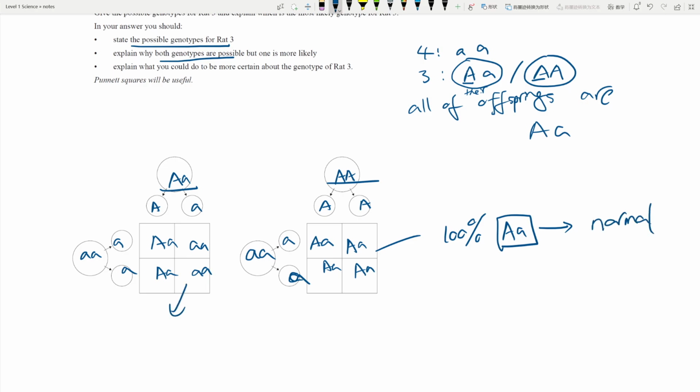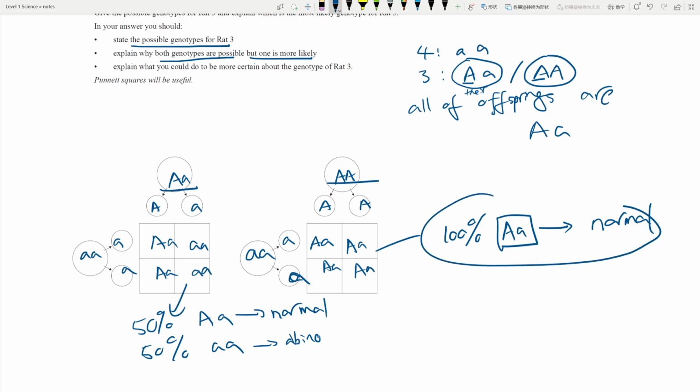And then if you look at this one, 50% of the genotype is going to be big A, small a, 2 out of 4, and 50% is going to be small a, small a. That means there's a 50% chance they'll be normal, but a 50% chance they are albino. So which one is more likely? This one is more likely, so it's more likely for rat number 3 to be capital A, which is homozygous dominant,